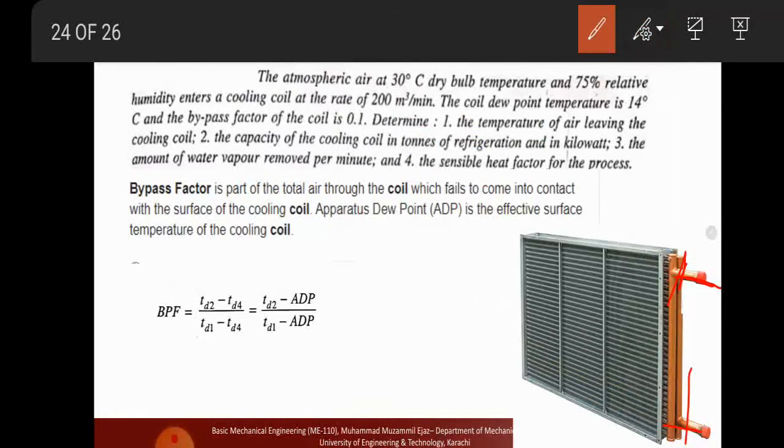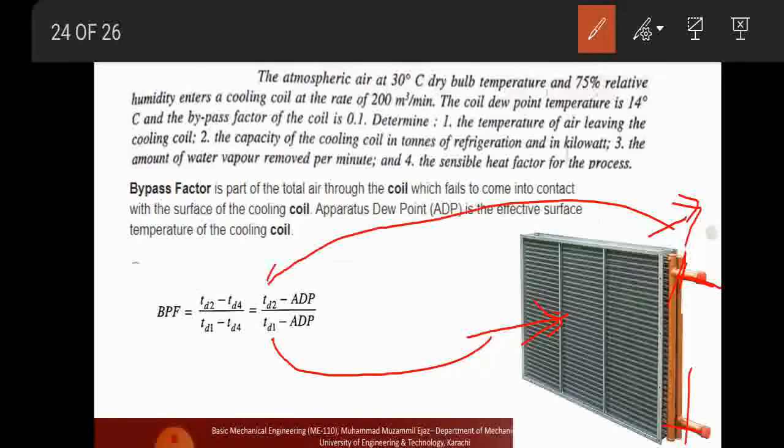TD2 is the final temperature of the air, and TD1 is the inlet air. Let's suppose air is passing in this direction. It enters here and passes out from the back side of this cooling coil. This is TD1, the temperature of inlet air, and this is TD2, and this is the bypass factor BPF, and ADP is the apparatus dew point. It is the temperature of the skin of the pipe,